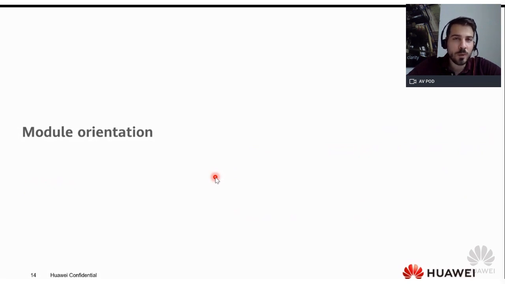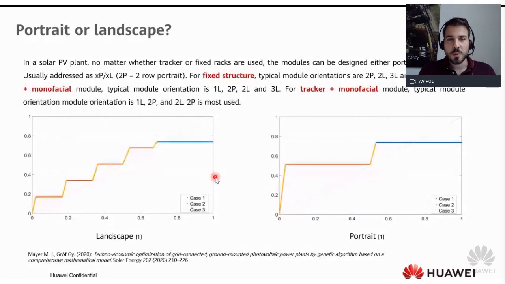So what we have seen and what are the typical module orientations. We have two cases actually: portrait or landscape. As you can see here, this is also from a study, this is the case when somebody mentions that landscape is better, so that the power is more quantified